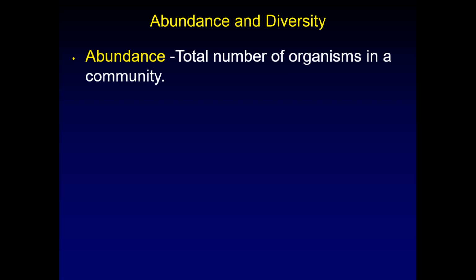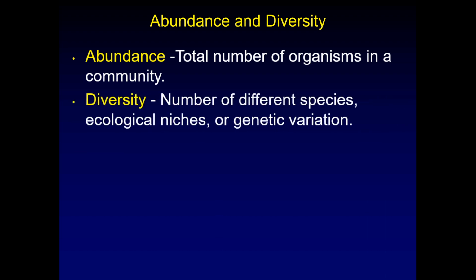Abundance and diversity. Abundance is the total number of organisms in a community. This is different from diversity, which is the number of different species. So let's say I go out to Eagle Marsh, and I measure species in a